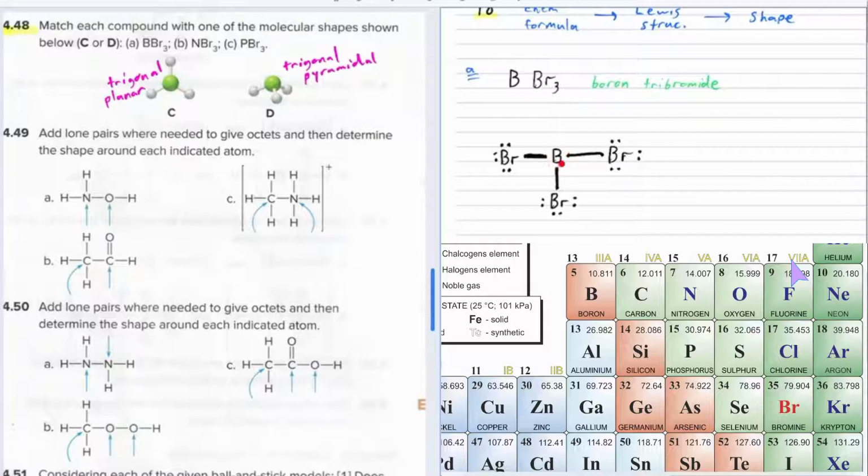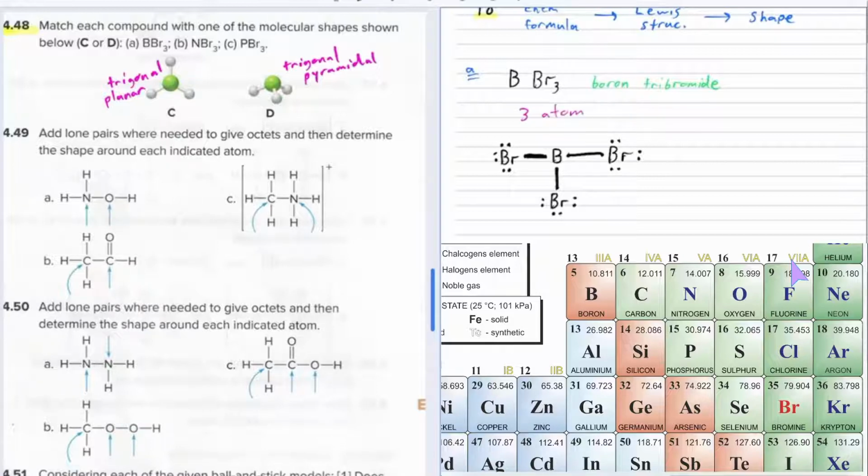And the way you find the geometry is you count the number of atoms that it's connected to and the number of lone pairs. So looking at the central atom, I count 1, 2, 3 atoms that it's connected to. So I'm going to write that down. Three